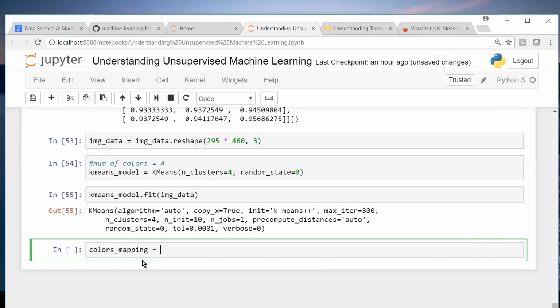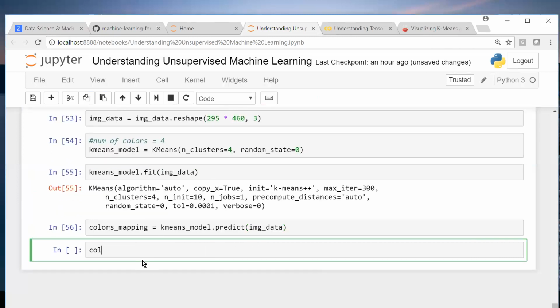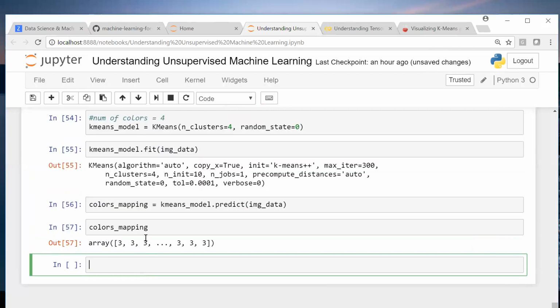Each pixel is mapped using kMeans model dot predict on image data. If you look at colors mapping, you will see values between 0, 1, 2, 3. Only a few of them are seen here.